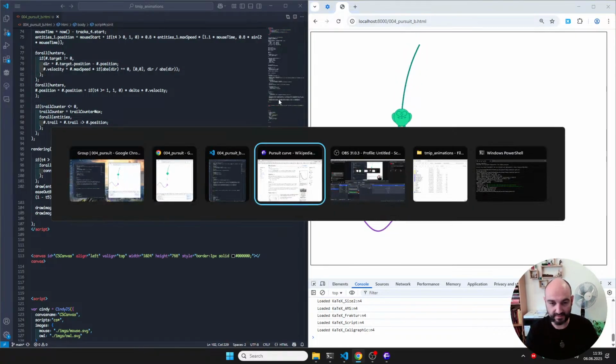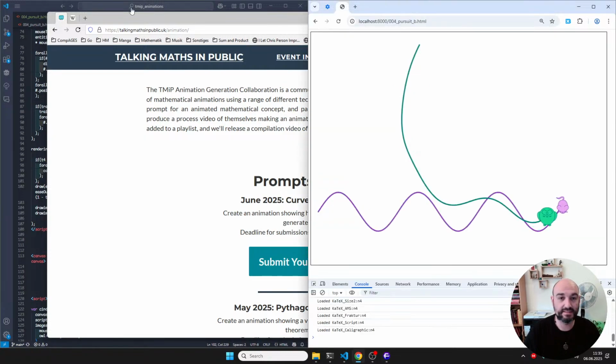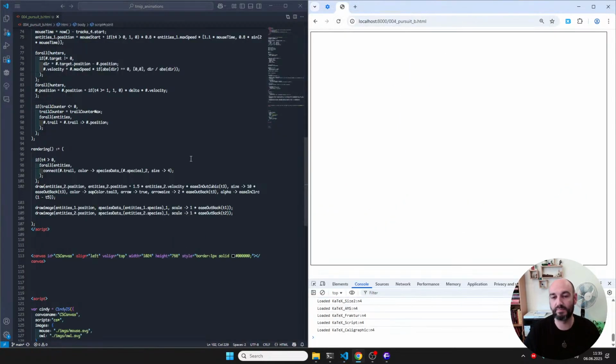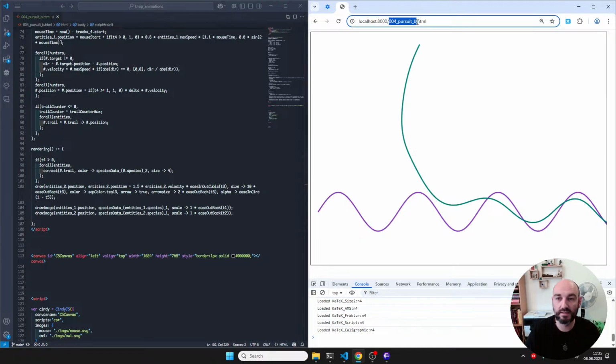So the task was how a curve of pursuit is generated. So that animation would help in explaining how it is actually done. Where we have a more or less arbitrary path for the prey animal, and then the hunter will just move in an appropriate way. And then we also have the other version where we can say